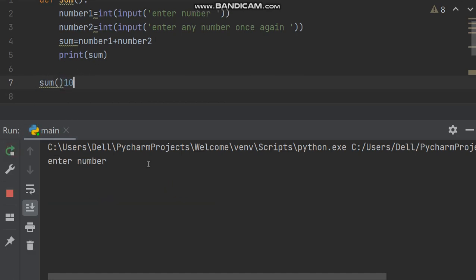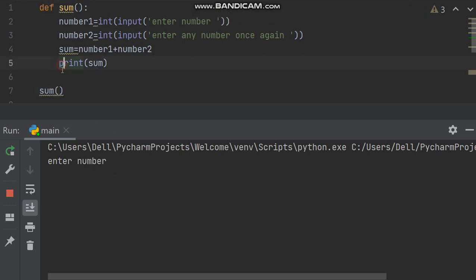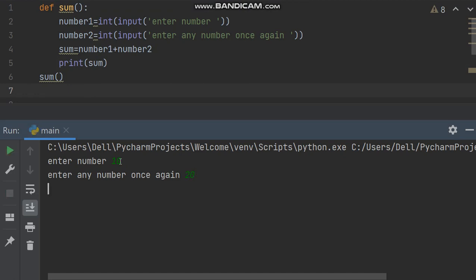Now if you call this function, then sum will be printed. Enter number, suppose 10, not there. I am just moving it a little up such that we can see the program. Okay, entire function. Enter number 1, 10. Enter any number once again, 20. Then enter, now it will come 30. So this is how we write a function in